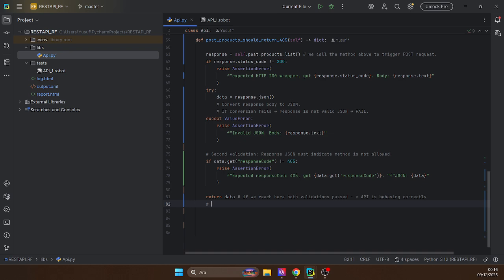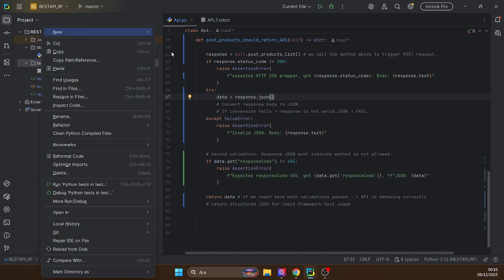Then also we can say return structured JSON for Robot Framework test usage. Then this looks, I'm checking, this looks pretty fine. Then we need to